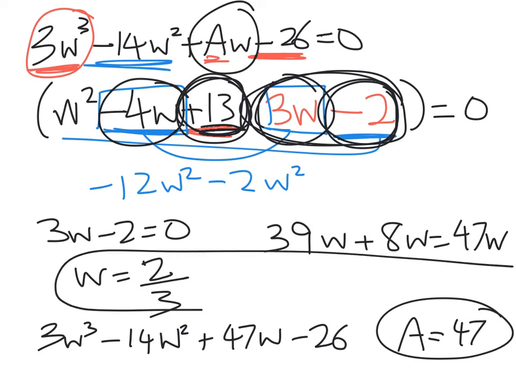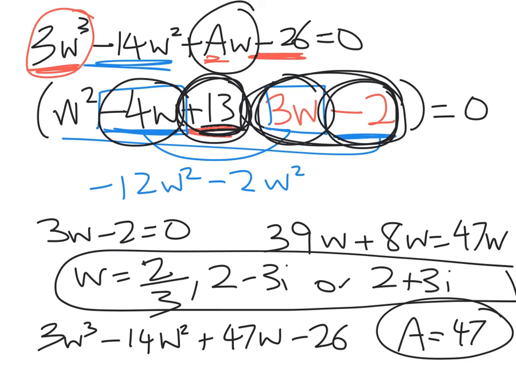Right, so I'd like it if we could write out those solutions nicely. So I'm going to do that here. So w equals 2/3, w equals 2 minus 3i, or 2 plus 3i, and they are my solutions. Right, so some minimal amount of beautifully neat communication like that. Alright, so that's a merit